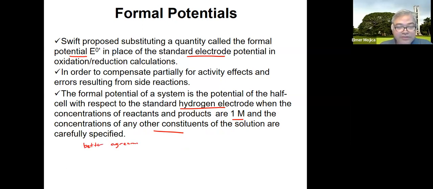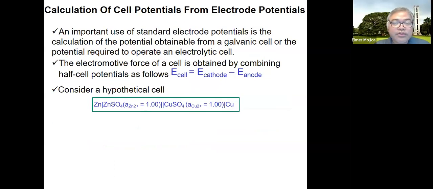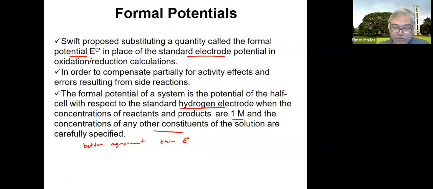Okay, and what they found is that it has better agreement than the standard electrode potential with experimental data and the Nernst equation. So that means the conditions need to be similar to conditions where this standard electrode potential was measured. Okay. So the calculation of this, no, not that one. So using this